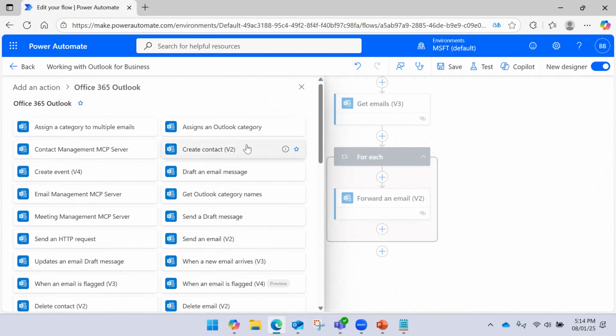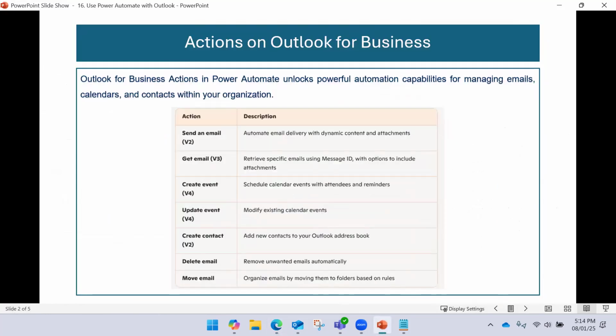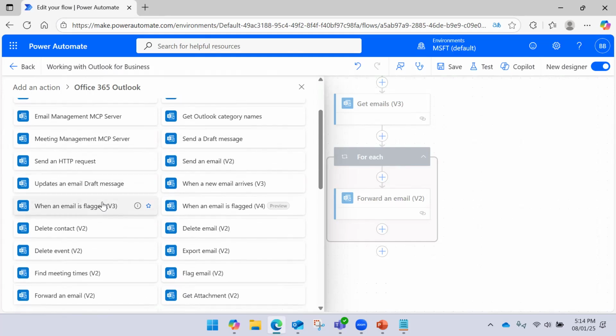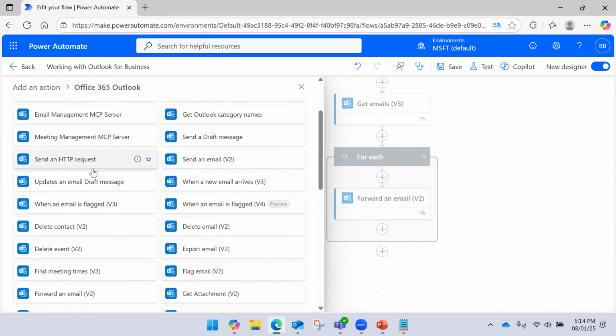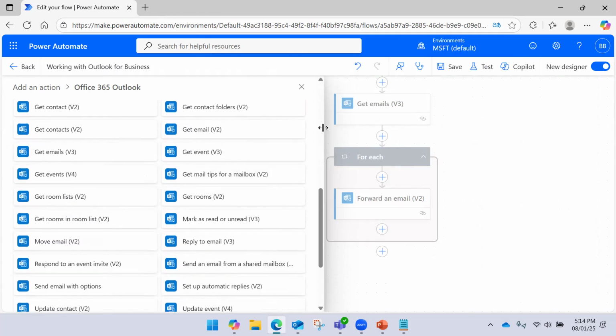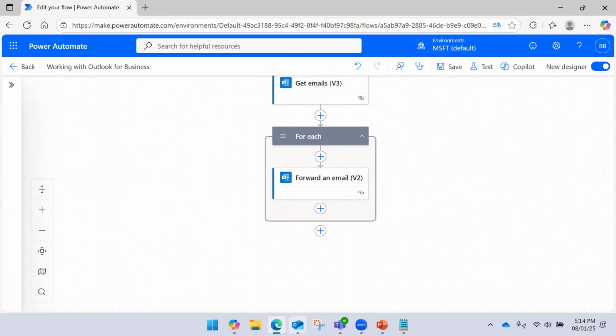Right. So like this, you can work with Outlook. Even you can work with contacts also. Create contact, create event, contact management MCP server. So like this, many things, email management MCP server. Right. So whatever actions we normally do manually here in Outlook, you can automate that using the